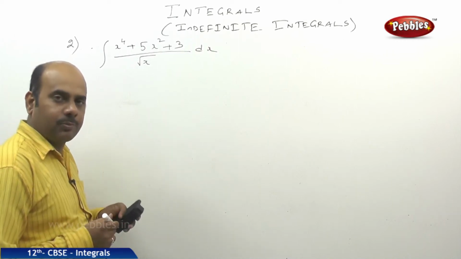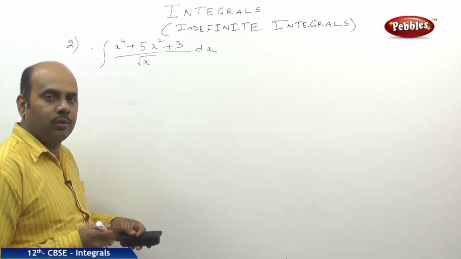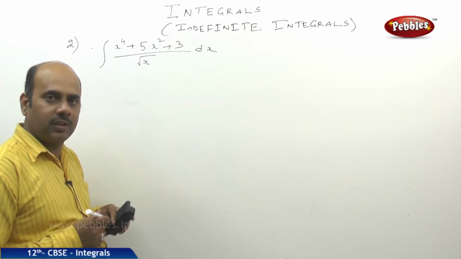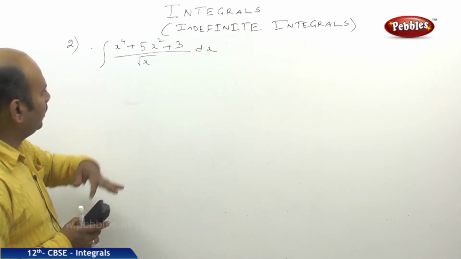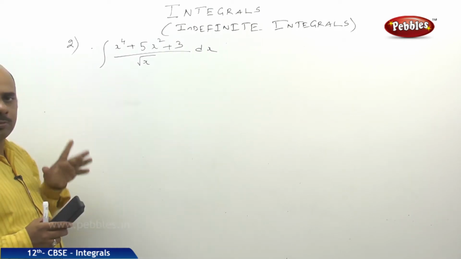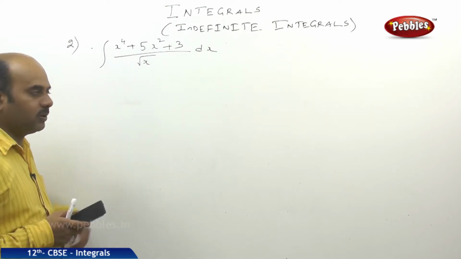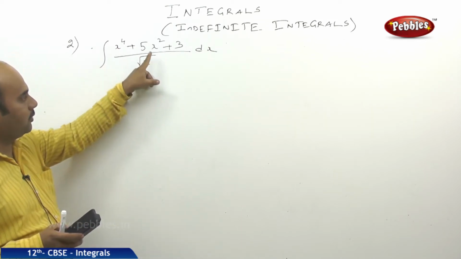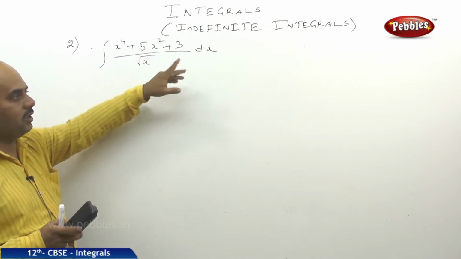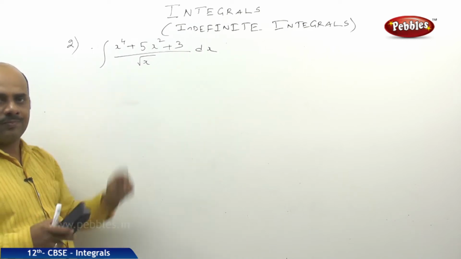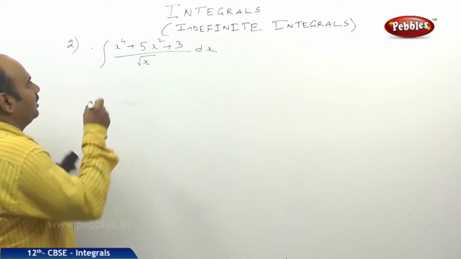I think the very first problem is very clear to you. Now I'll be going into a little better depth on this particular integral problem. Now we try to solve this particular problem. I think it's an example problem: integral of x power 4 plus 5x square plus 3 by root x dx. If you could observe carefully here,